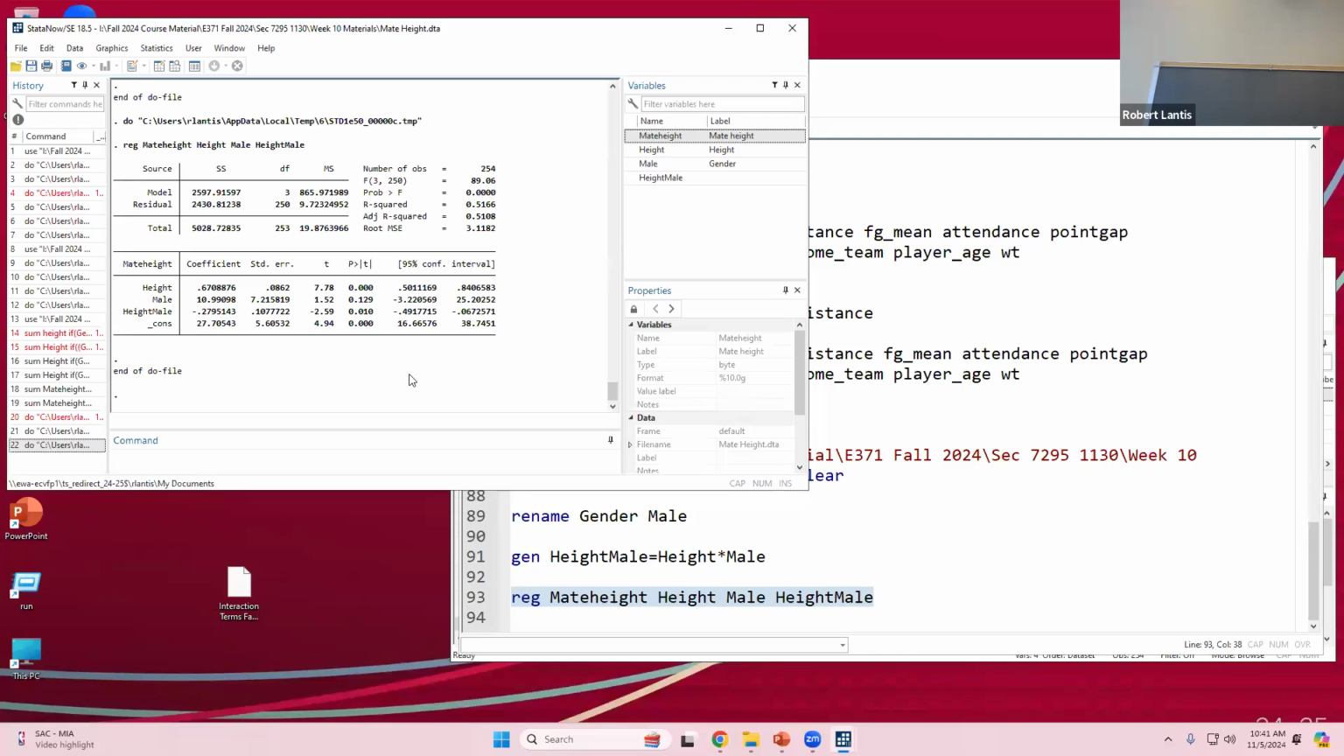Now, what's the slope of the male line of best fit between height and mate height? Well, the marginal effect of height is going to be 0.67, but for males, there's an additional beta 3. Beta 3 is negative. So what's true about the slope for that relationship between own height and mate height for males? If the additional effect is negative, that slope is going to be